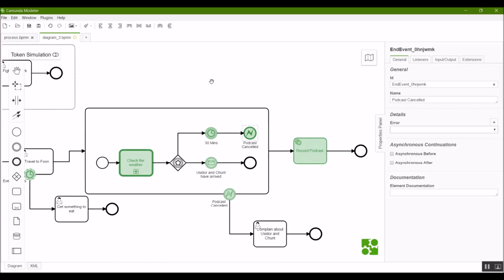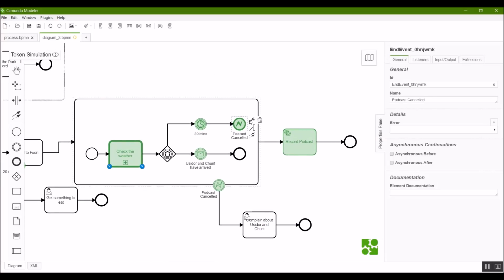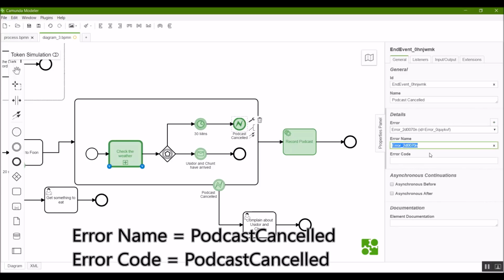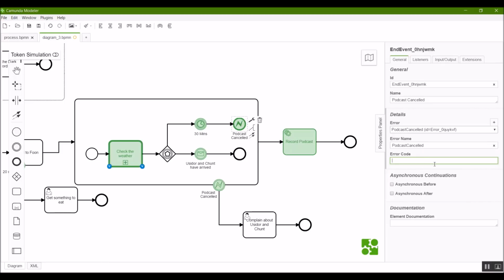And I'm just going to move across a little bit now. So next up is the error event. So similar to the way a message works, an error event is going to need some sort of key to give it in order to work. Unlike a message, of course, the error event is both produced and consumed in the same process. A message, of course, always comes from somewhere external. So for here, I'm just going to need to click on the plus. I'm going to give this a message name called podcast cancelled. Okay, and then give it a code as well.